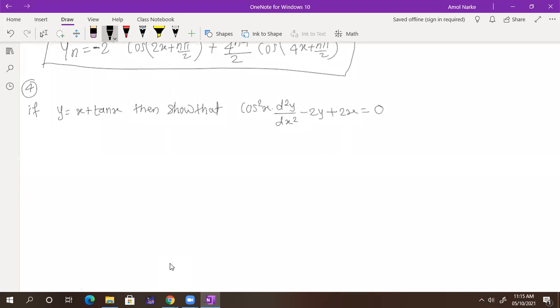Now tell me, yeah, this is a differential equation, and we can find the highest derivative of that one. That is nothing but the second derivative. So tell me, what is y1 here? Or instead of y1, you can write down dy by dx, no problem, because in the question they are asking d2y by dx square. So what is dy by dx here?